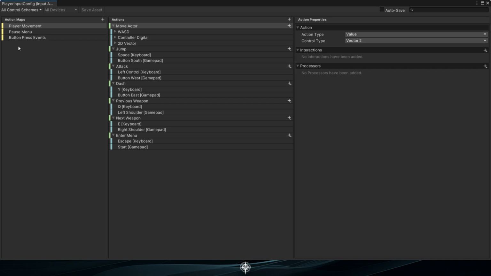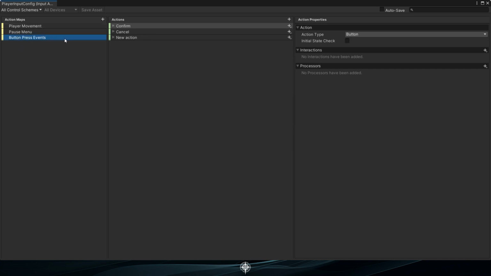Lastly, the Button Press Events action map is pivotal outside of stages, primarily within the menus. It manages the confirm and cancel actions, providing a straightforward way to interact with menu options. This ensures that players have a consistent and reliable interface experience, whether they are navigating through game stages or adjusting